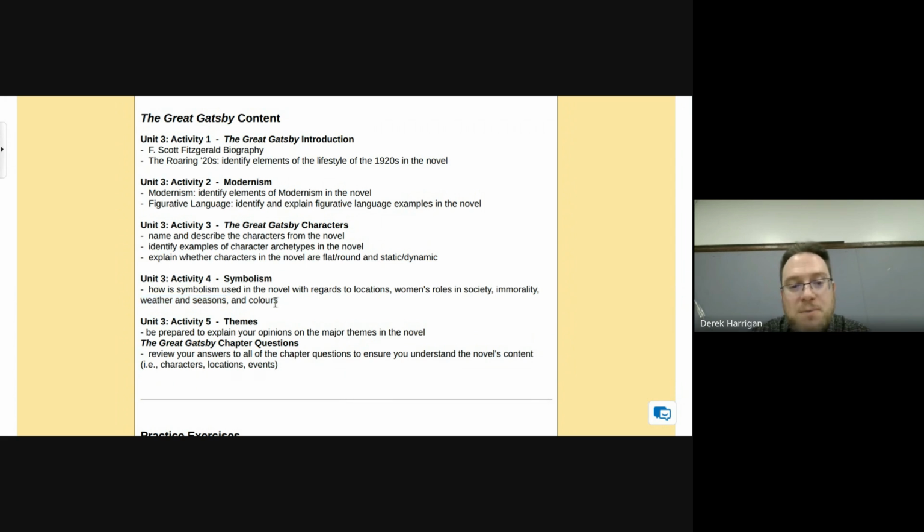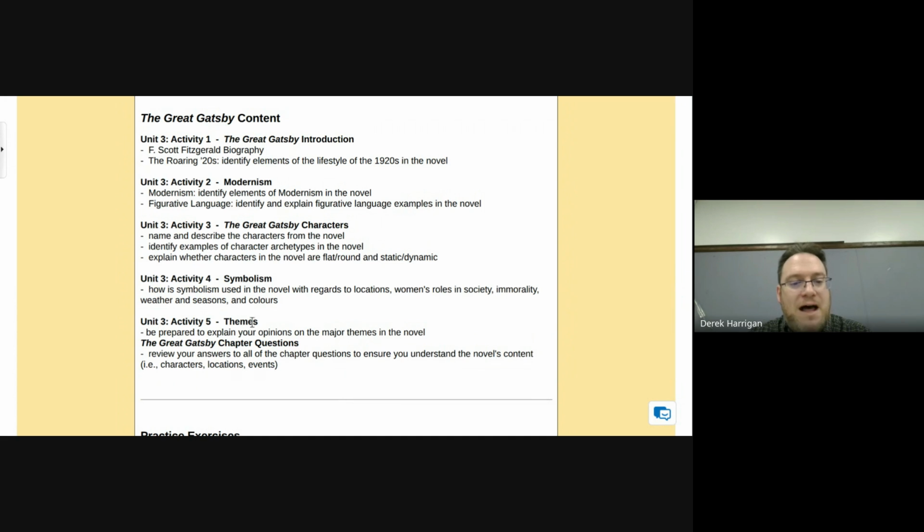Of course, we've talked about colors, and you did an assignment on colors. So I probably wouldn't ask a big question about colors on your exam because you've already done an assignment with it. But I would expect you to have a basic understanding of how certain things in the book are symbolic of something, like that green light. It's not just a green light, and it's not green for no reason. Fitzgerald has made that light green because he wants it to symbolize something more than just a light.